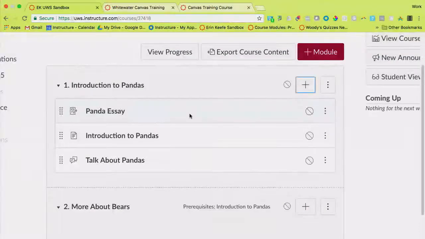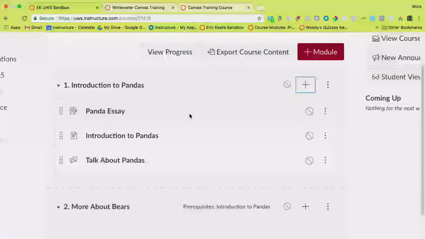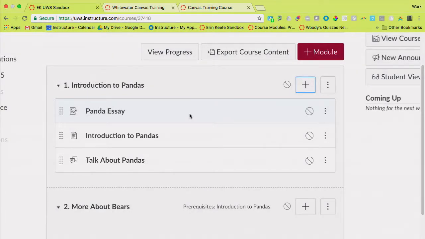Now we can tell that this isn't published. How can we tell? Just by looking at it. Anyone see the visual indicator that we can tell that none of this stuff is published? Go ahead. The circle with the line through it. Okay. If your module is unpublished, the students don't see any of the pieces inside of it. Even if this was published, if I published that assignment,